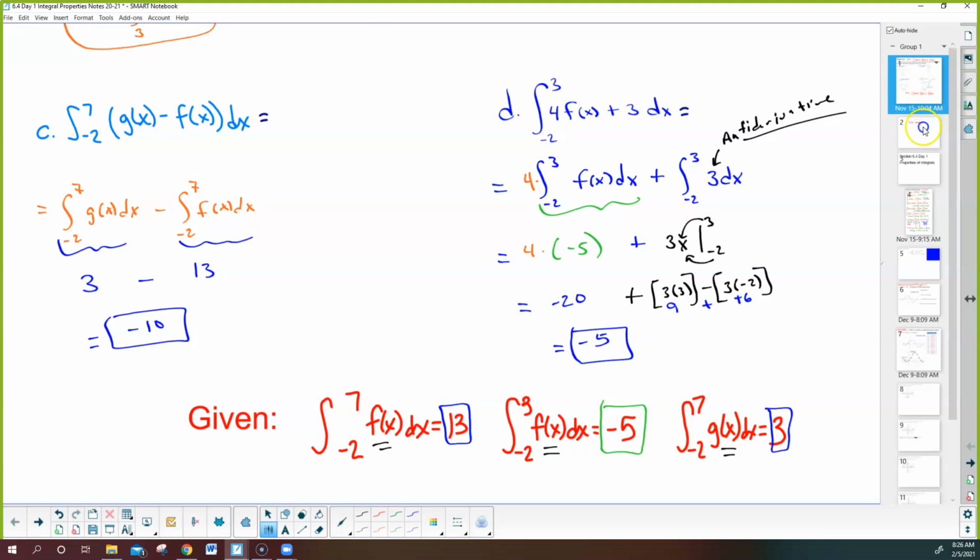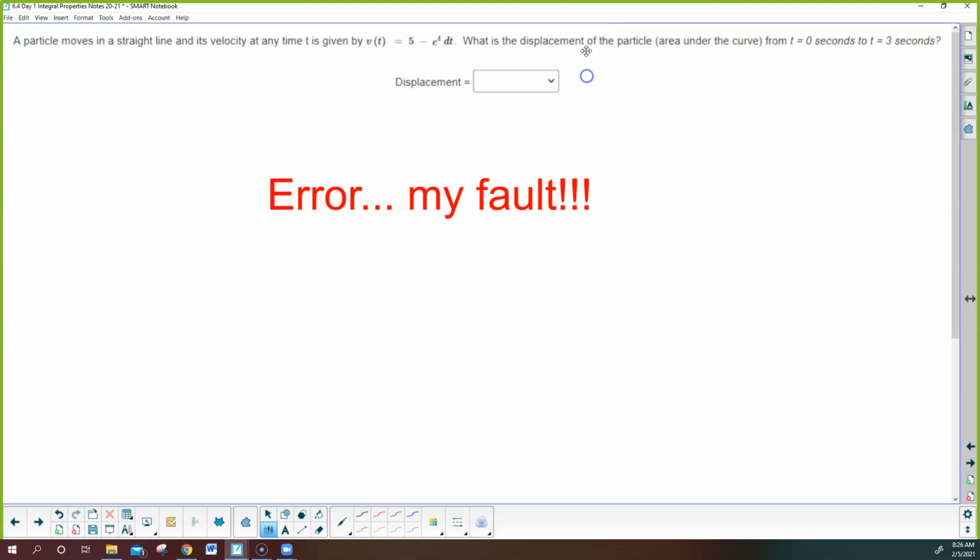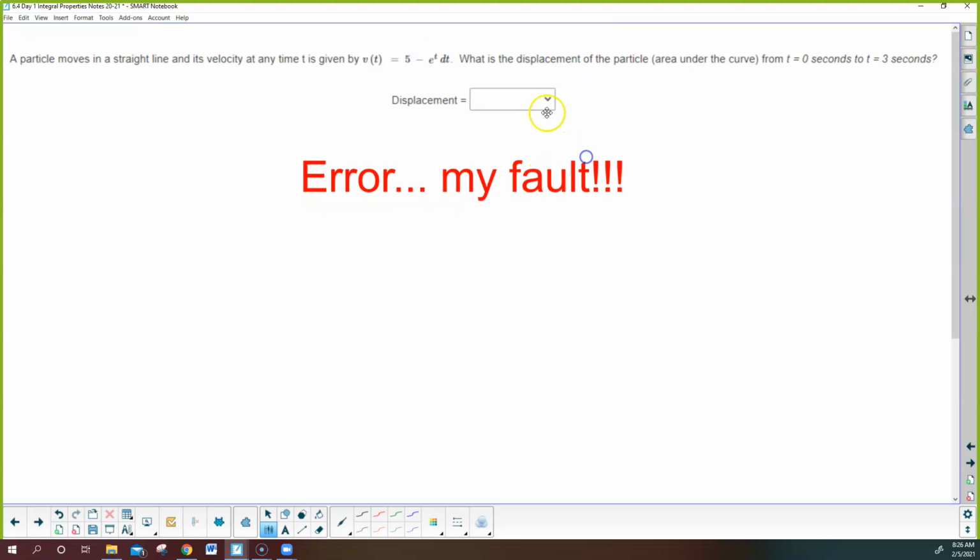All right. Really quick, speaking of that quiz, there was an error and I caught it a little too late. So I just want to make you aware of this, that if you took the quiz when you were supposed to on Monday night, and then I ended up grading it, I think it was on Tuesday. This specific problem had an error, and I must have mistyped. This was a drop-down menu. It actually did not have the correct answer in it. So what I did was, if you answered this question, you got full credit for it. But I would encourage you to go back and look at this specific problem, and we'll talk about it here